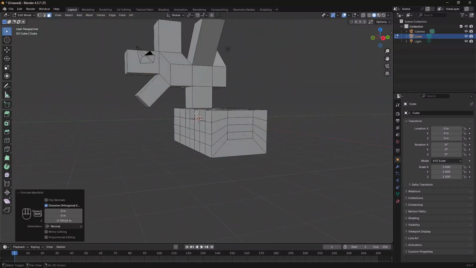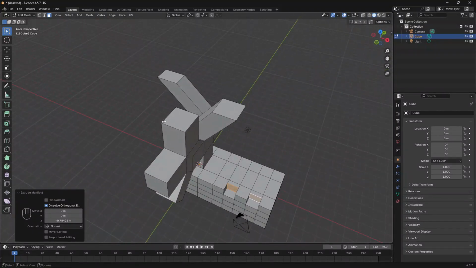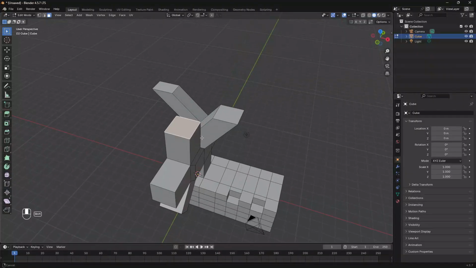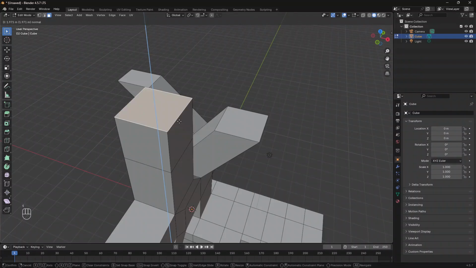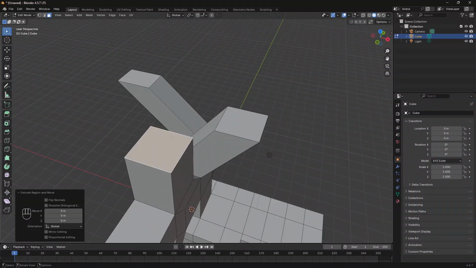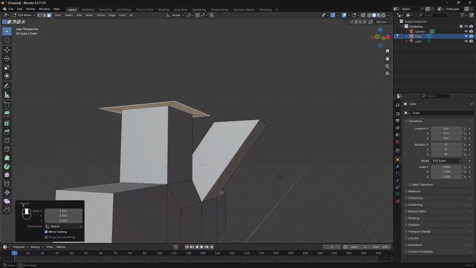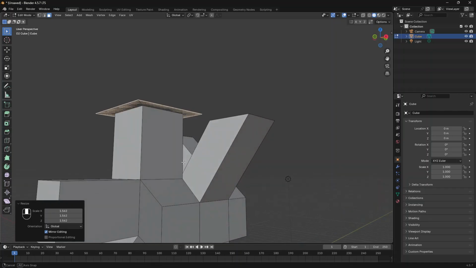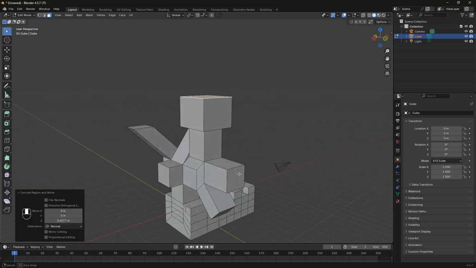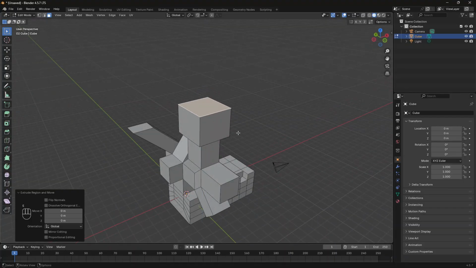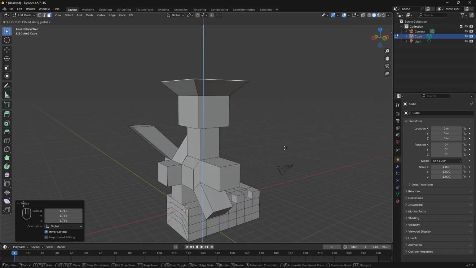So that's about it. In a lot of cases, and I use this quite often, I extrude, but instead of moving the thing, I cancel the movement with the right mouse button. And then I scale it out and extrude up. Gives me a shape like this. Or I can extrude, cancel the movement, scale out, but then grab the thing, that gives me a shape